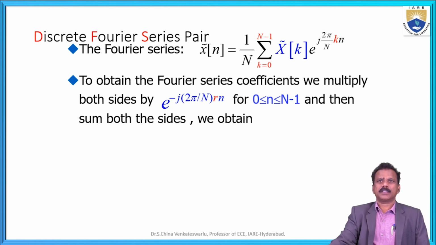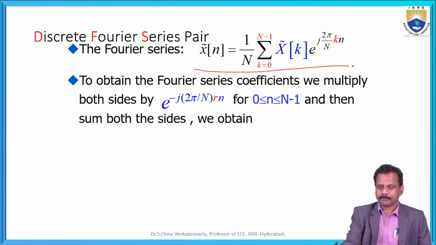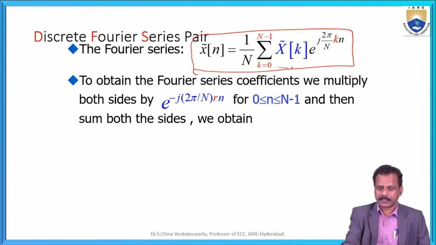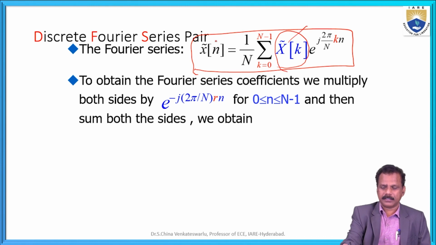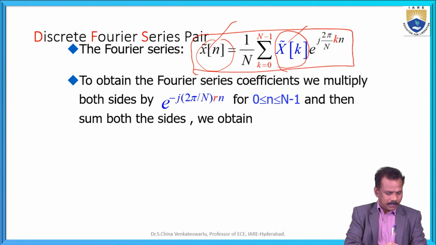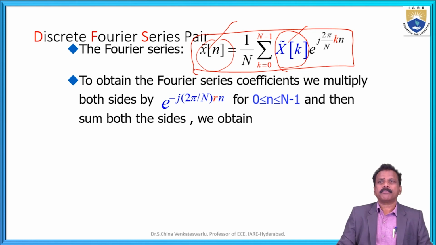For the discrete Fourier series pair, we know that x of n is equal to 1 by N, the summation k equal to 0 to N minus 1 of x of k, where x of k is the inverse discrete Fourier transform, multiplied by e power j 2 pi by capital N into kn. To obtain the Fourier series coefficients, we multiply both sides by e power minus j 2 pi by N into rn, for 0 less than or equal to n less than or equal to N minus 1,